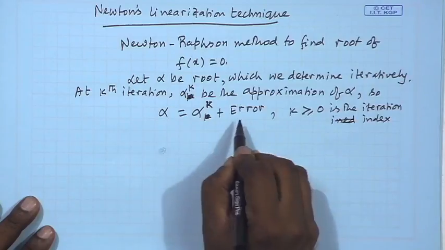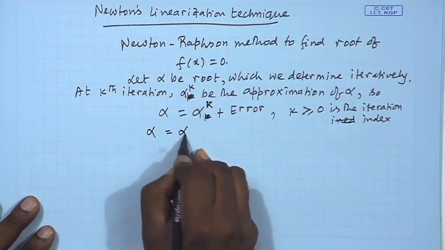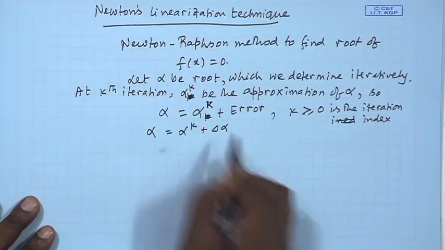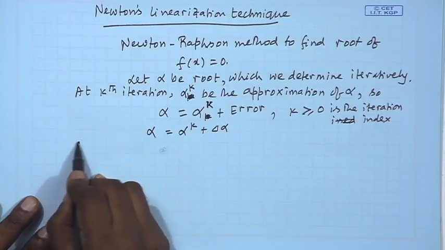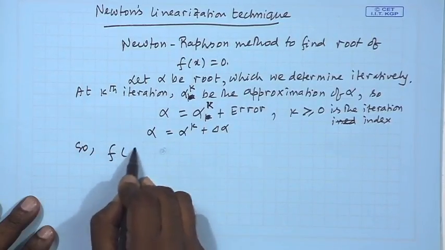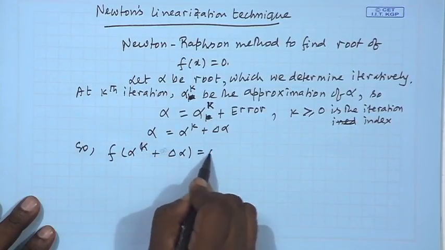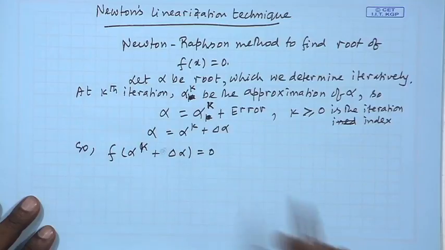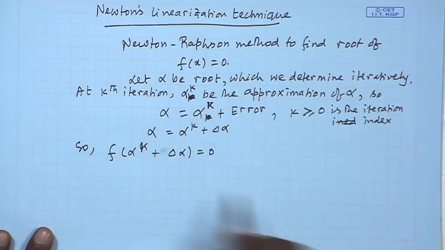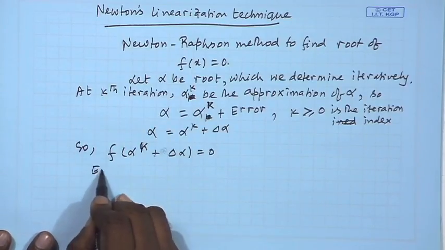So, let us call this error delta alpha, so alpha equal to alpha k plus delta alpha. Obviously, f of alpha k plus delta alpha equal to 0, because it is the exact root. Now, if we expand by Taylor series,